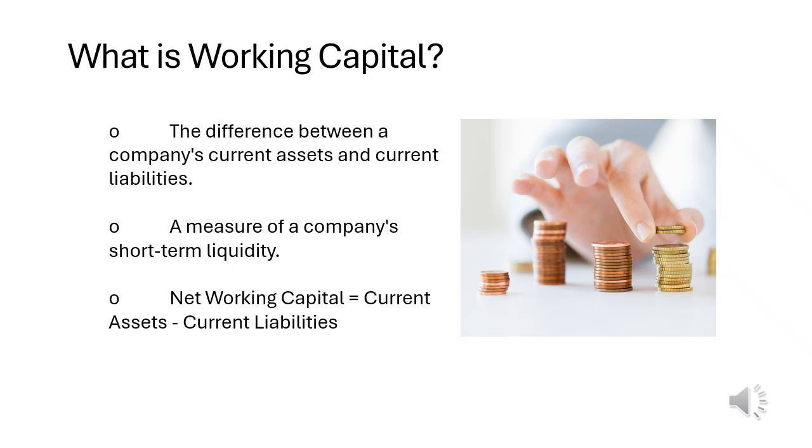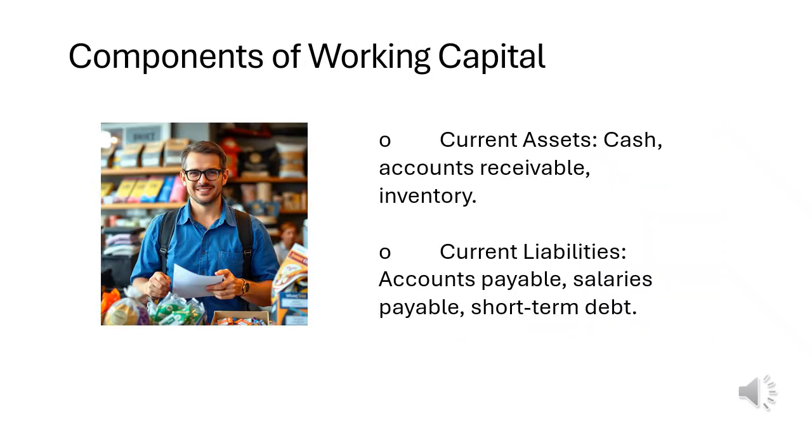The formula for calculating net working capital is net working capital equals current assets minus current liabilities. Working capital is composed of various current assets and current liabilities. Current assets include cash, which is the most liquid asset, accounts receivable, which represent money owed to the company by its customers, and inventory, which represents the raw materials, work in process, and finished goods that the company holds for